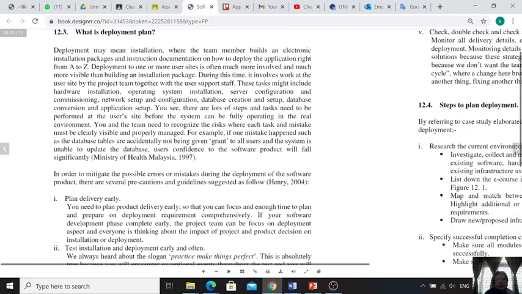Okay, so this is deployment in a big context. Installation is very simple. You get the file and then you install. But deployment is a very big task. So this is a process you need to set up on the user side. But nowadays,